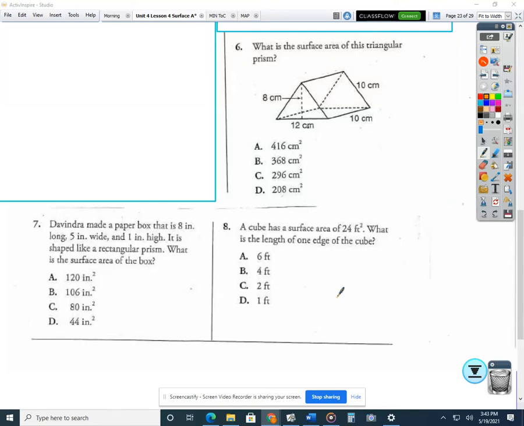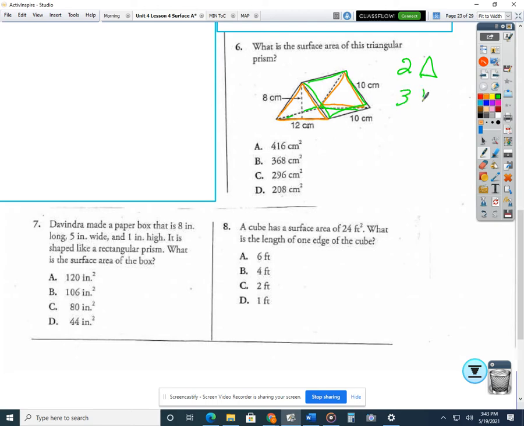Problem number 6. What is the surface area of this triangular prism? Now in this case, all of our sides are not rectangles like we've had in our rectangular prism and our cube. In this case, we have two sides that are triangles, our front and our back, and then we have three sides that are our rectangles. We have this side, the back side, and the bottom. So we've got to account for two triangles,